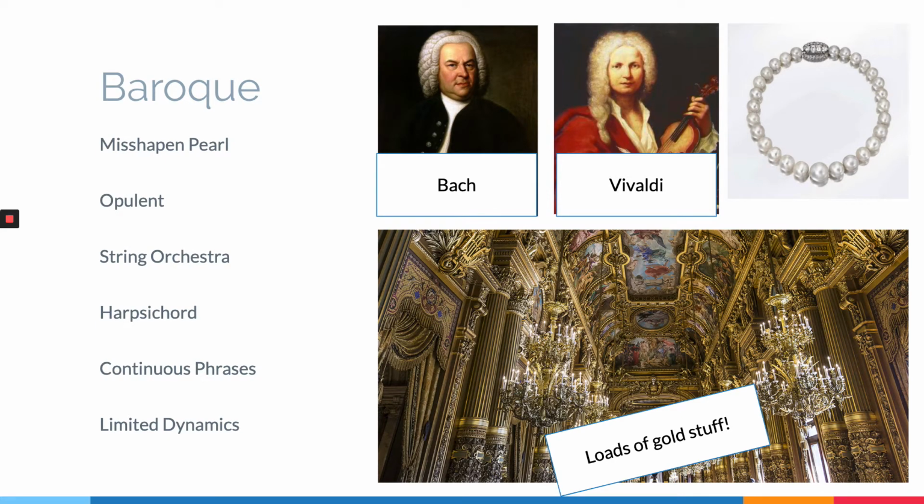Continuous phrases are constantly used, so one melody bleeds into another melody. Very limited dynamic range, mainly because the instrumentation wasn't robust enough to allow for massive dynamic changes. We see lots of contrapuntal harmony, so one melody flowing into the next and overlapping with each other, sort of the precursor to polyphonic ideas, and the use of canon, whereby one melody is repeated over and over again in different